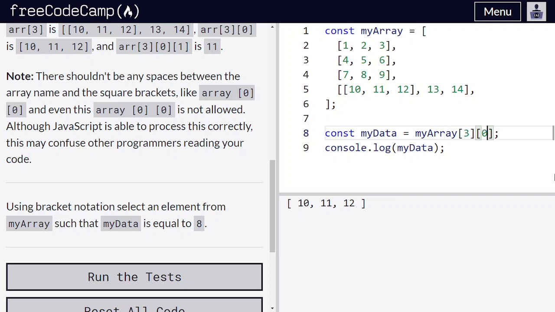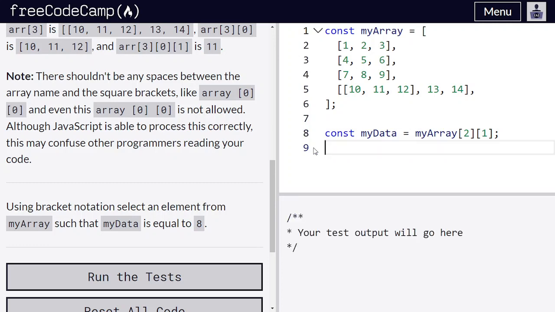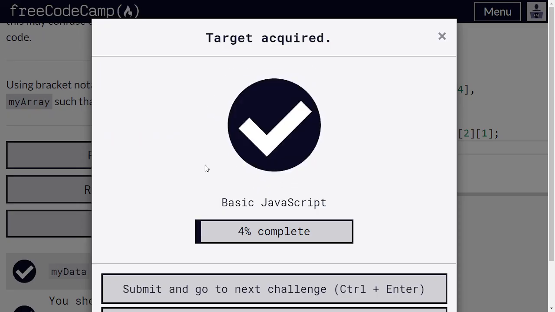Now what we need to do is assign a value of 8 to variable myData. So the 8 is here, which means it will be in the third array, which is, if this is 0, this is 1, and this will be 2. So let us type 2 here, and to access this part, this will be the 1 part, so we will get 8. So this is how we do it. Now let us run the test. Yes,